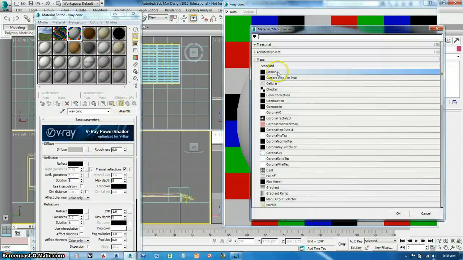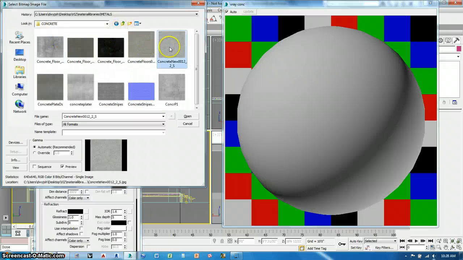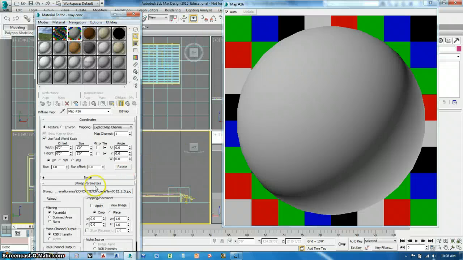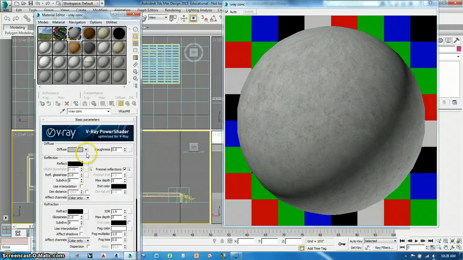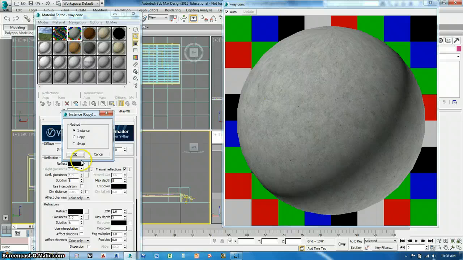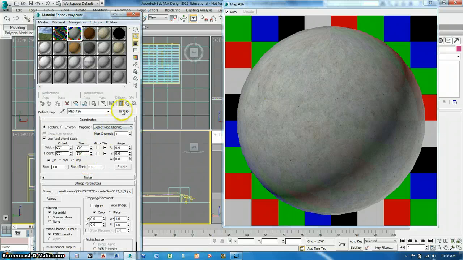I'm going to go to diffuse, bitmap, up, concrete, and I'll do this concrete new. I like this new one. This is really a nice texture. So there's my concrete. I'm going to go up, and then I'm going to drag that down to here for now as an instance. Then I'm going to click on this and click where it says